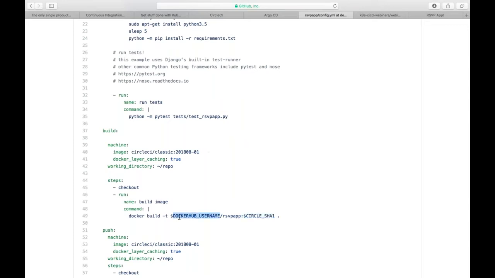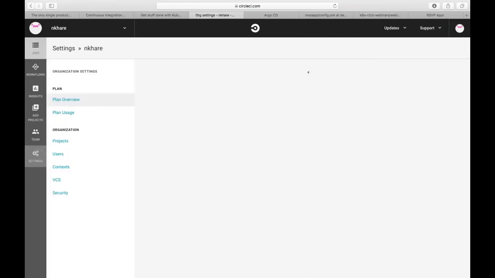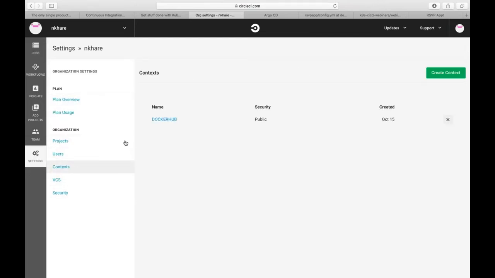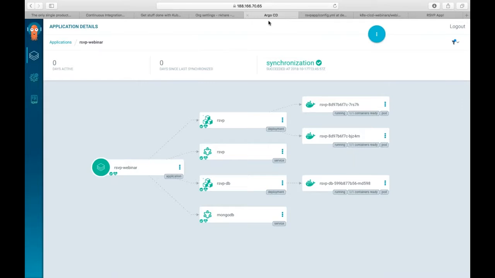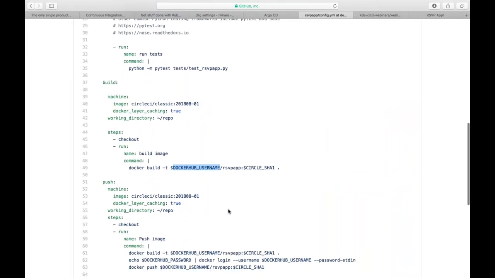This particular variable here, Docker Hub username, if I go to the CircleCI UI, in the settings, I would have defined a context. This context is called Docker Hub, and it contains two environment variables, the Docker Hub username and the Docker Hub password.